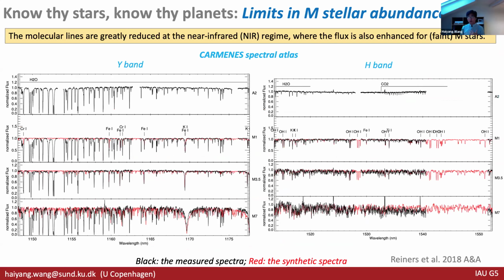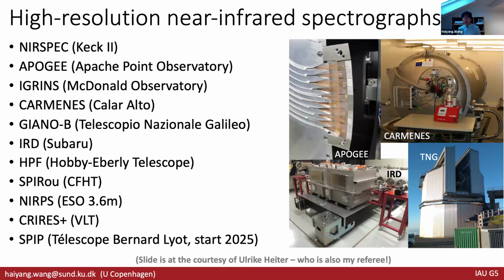However, this issue can be reduced by going to the near-infrared regime, where the flux is enhanced for M stars because of the energy distribution. As shown here, from the CARMENES spectral atlas in the Y band and H band, the spectrum becomes much clearer compared to the optical wavelength regime. And indeed, nowadays we have a bunch of high resolution near-infrared spectral measurements. These slides I took from